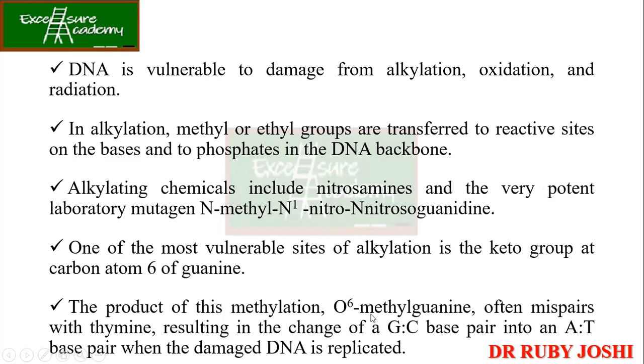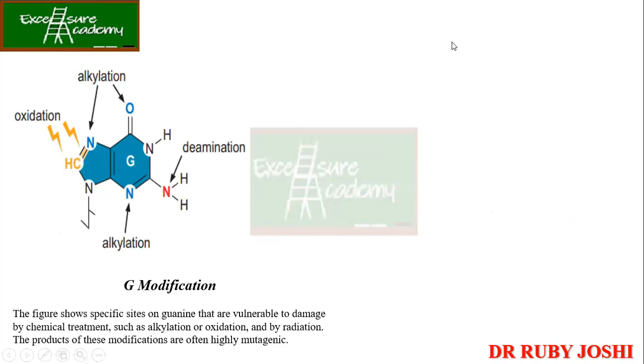Now the problem is that this will mimic A. जिसकी वजह से it is going to base pair with T. ठीक है, it is going to base pair with T. So instead of GC base pairing, I'm going to have AT, and this will become permanent, यानी कि incorporated into the genome if the DNA goes for replication and has not been repaired. Okay. So guys, in this slide, it is important to remember this. Please guys, make a note of this. Okay. So this is over here.